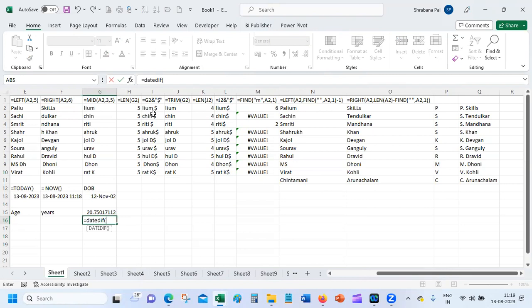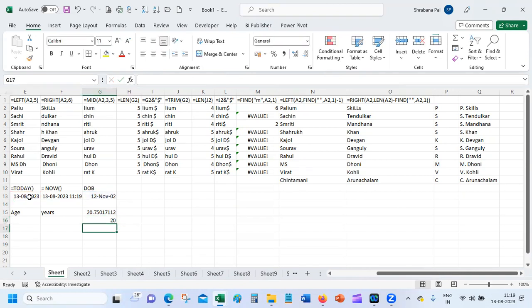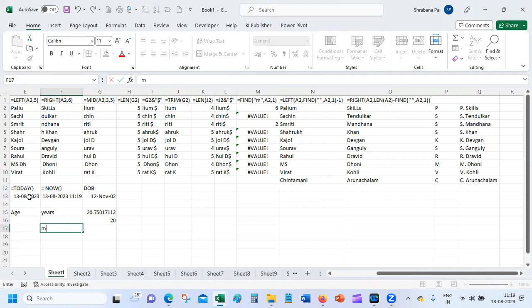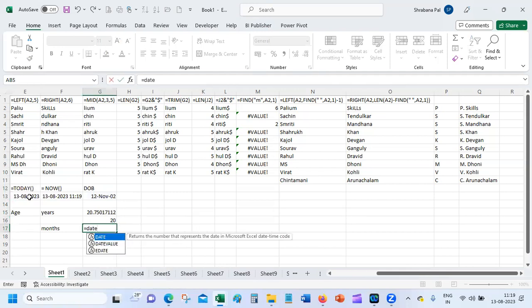What does DATEDIF do? DATEDIF will say from date. Here date of birth is the from date. To date is today's date, comma, Y. Y means in completed years. So 20 years, how many months? Again, we'll use the same formula, DATEDIF